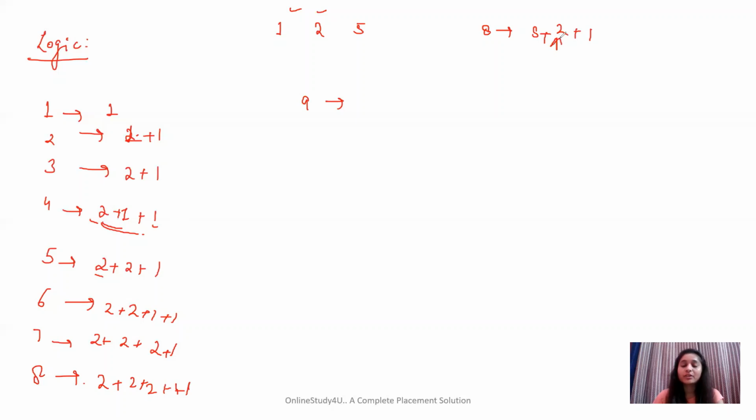Then from this, would I be able to make 4? No. Similarly, for 7, if I include 5 plus 1 plus 1, then would I be able to make 3 out of it? No. You can check for any other pattern with 5. Similarly with 6, if I include 5 plus 1, then would I be able to make 2? No. So what you will observe is that from 8 you are not able to make 4. For 7 you are not able to make 3 and 4. For 6 you are not able to make 2, 3 and 4.